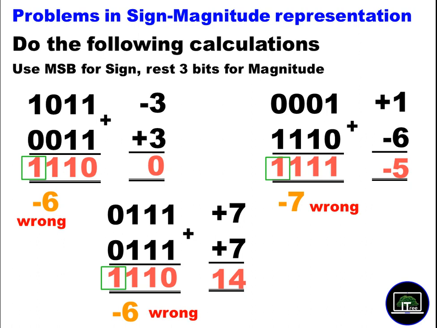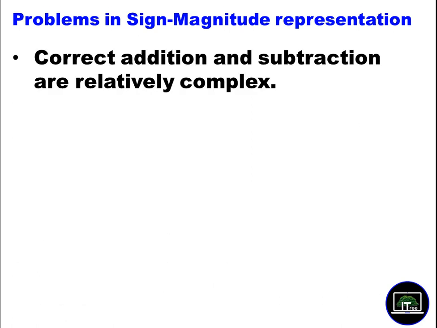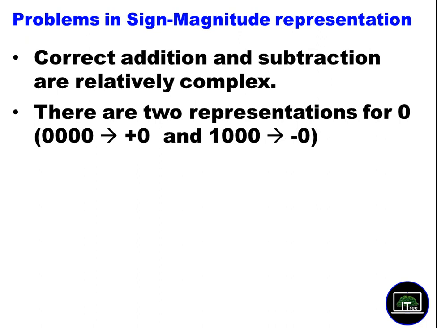This is the basic problem we are facing whenever we try to make calculations using the sign magnitude representation. When you add, when you deduct, it gives the wrong answer. So that means we can't use this sign magnitude representation with the computer to do the calculation, because it's producing wrong answers. So we can't use this one. So now the problems with the sign magnitude. First one, addition and subtraction are relatively complex. We have seen that. Next one, especially, there are 2 representations for 0.